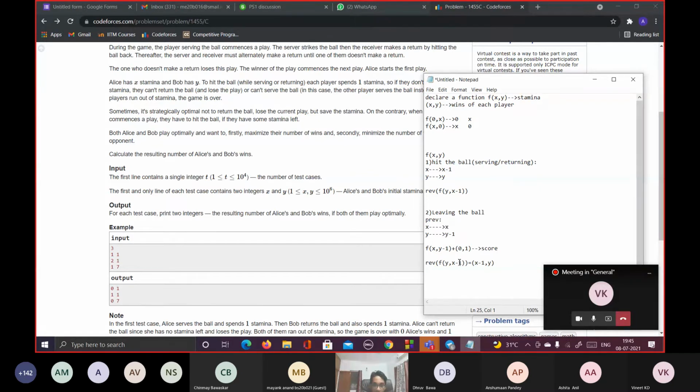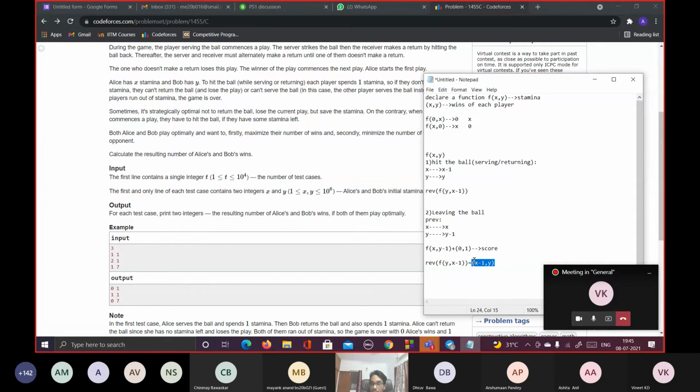And this is interesting because when he hits the ball, say the staminas are x and y, and let's say the game is starting with x, so he's basically serving the ball. So what happens is the stamina of the first person will get reduced, and the other person will maintain his same stamina as such.